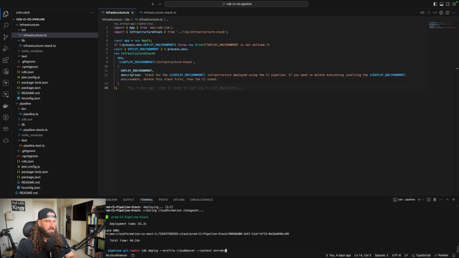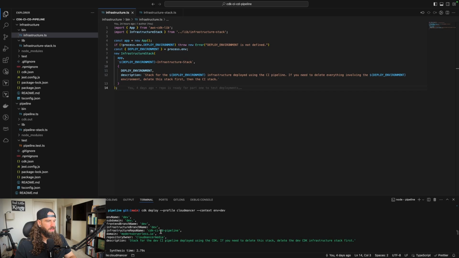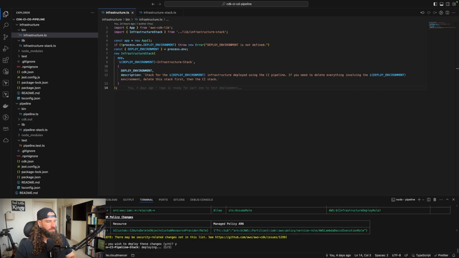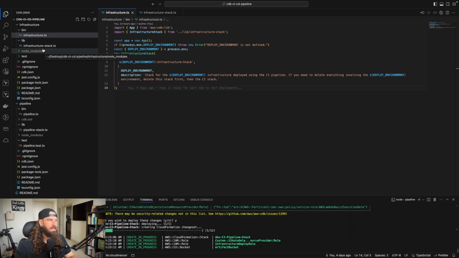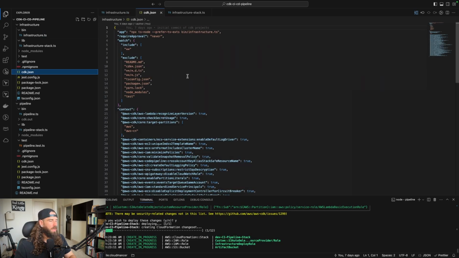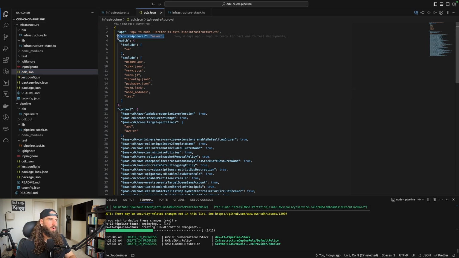Great, so let's try it out with dev now. And we can see here that it's pulling the correct context variables. We'll confirm yes. There was actually something that I forgot to mention here, but here in the CDK JSON, there is one context variable that you will have to set. The way that this repository is set up is it's meant for the pipeline context to house all of your context and environment variables. However, in the cdk.json of your infrastructure project, you do need to set this require approval